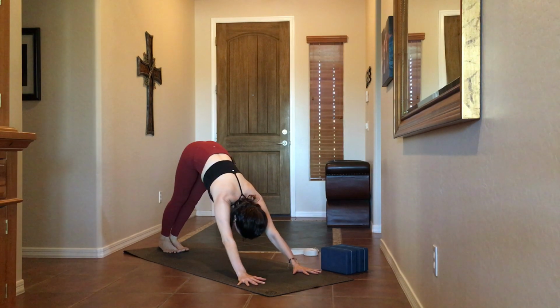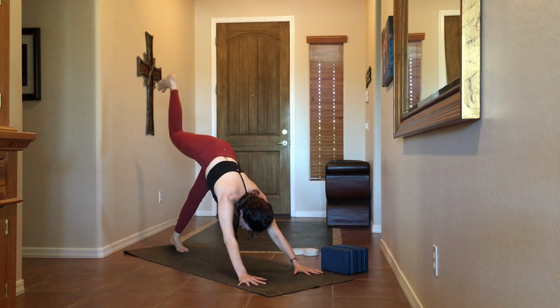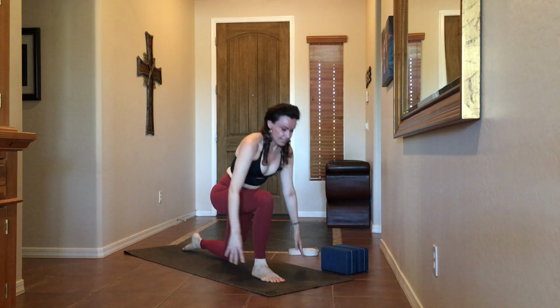Nice job. Another inhale and exhale here as you push the hands down and away. Tops of the thighs are pressing back and up. We're going to float the right leg up and back this time. We're going to take the right foot up between the hands, release the left knee to the mat, inhaling up